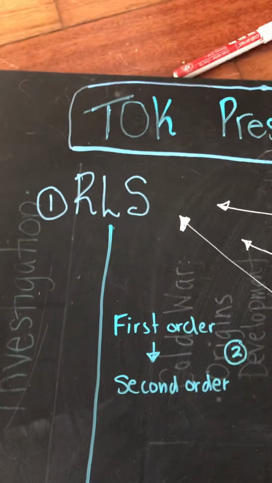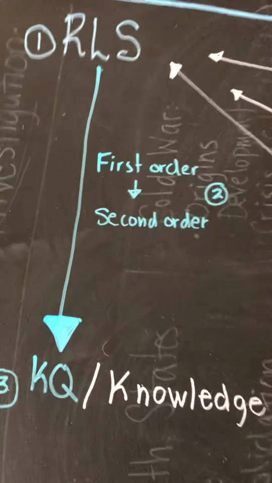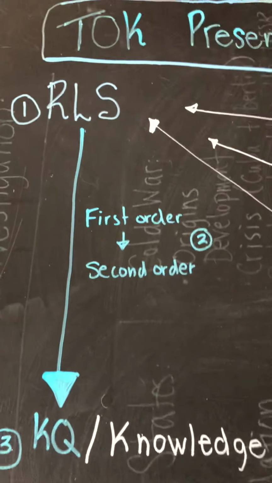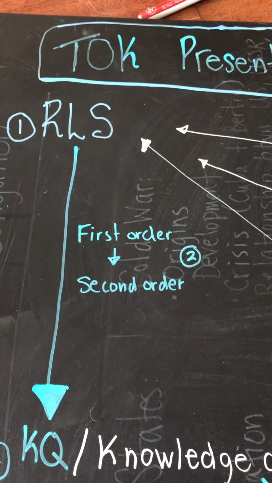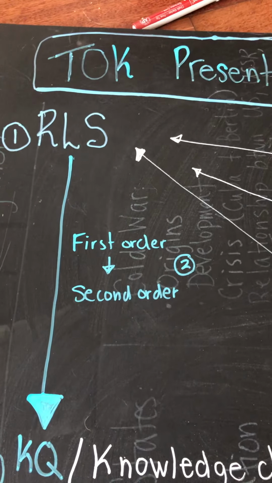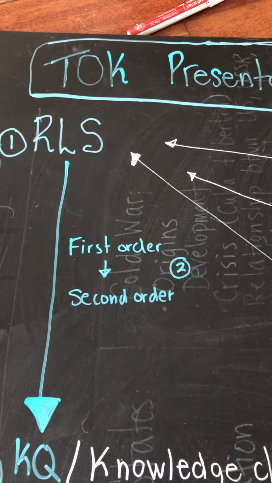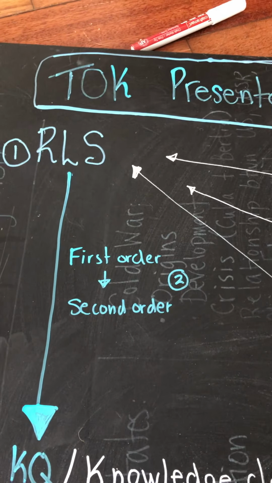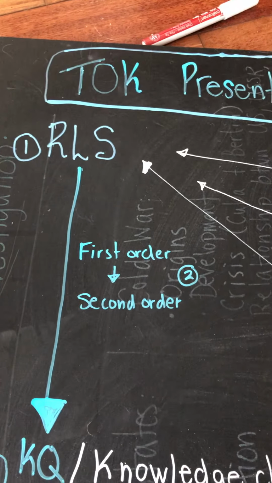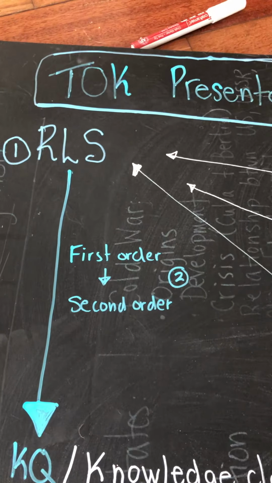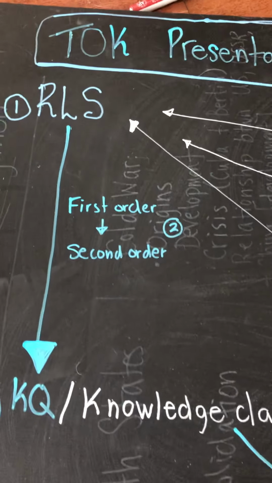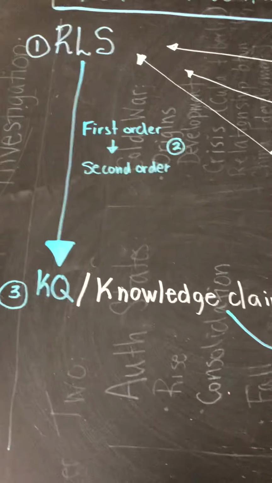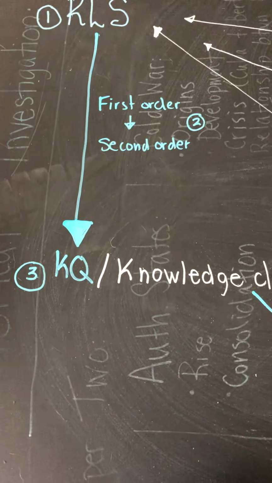because in the diagram that I've attached to this video, it just leads you down to the knowledge question and knowledge claim. But first of all, you want to distill what is the knowledge. So the first order question is about the knowledge that you attain through this real life situation, and you can ask questions about that knowledge. And then the second order is the question about how you know about that knowledge. So where did that knowledge come from? So 1 and 2 are the first and second step,